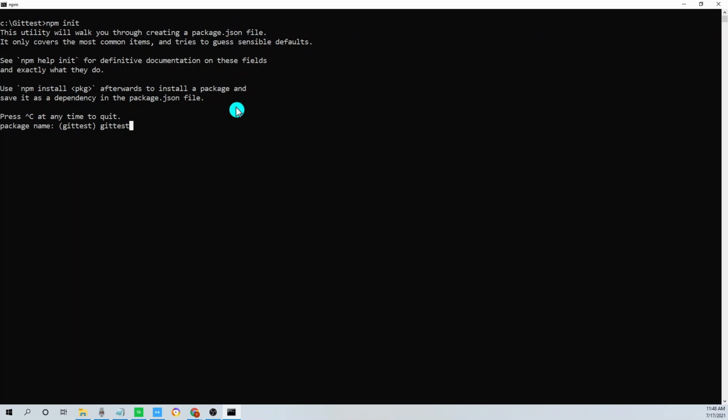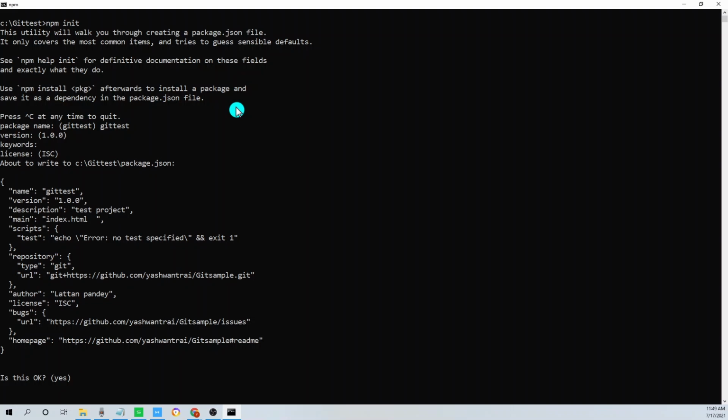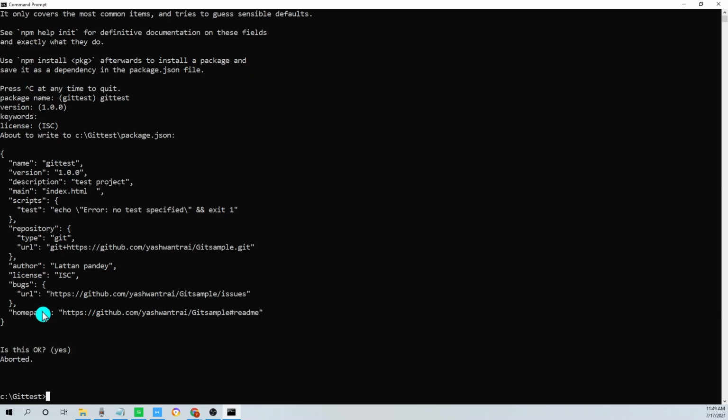And if you're familiar with JSON, it will give you the keyword and then the corresponding value. Our entry point is index.html, and this is our repository, and this is the author name. Package.json file is one of the most important files in your project. It will document what packages you are using, which versions are used in your project. This way, if you are sharing your work with multiple teammates, then it is easier for you to share whatever you are building and it makes your code reproducible.